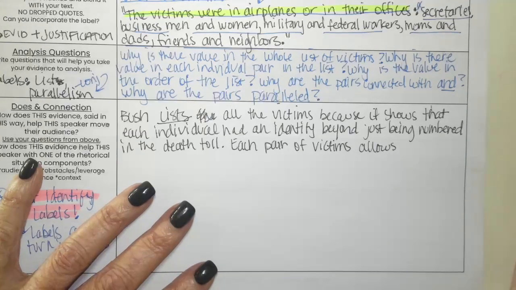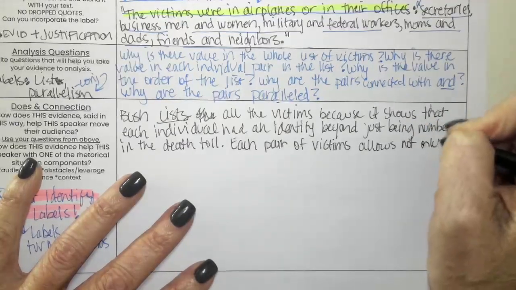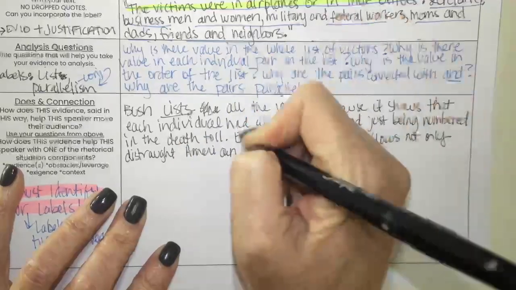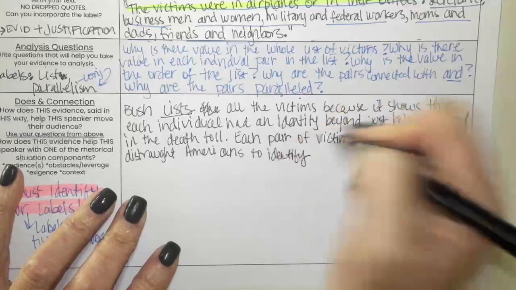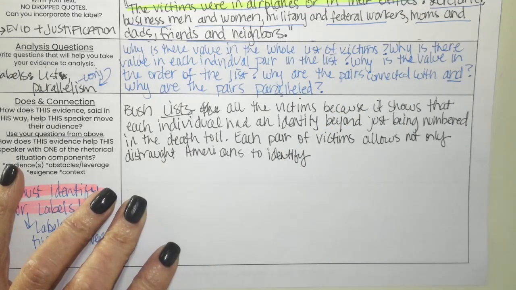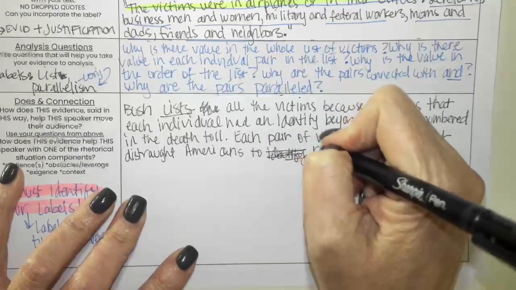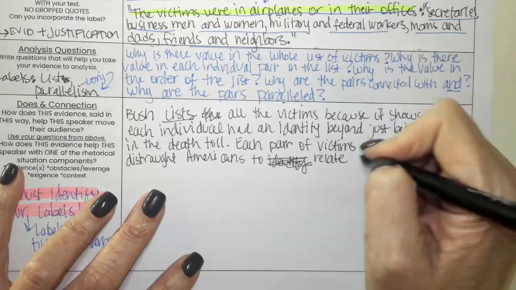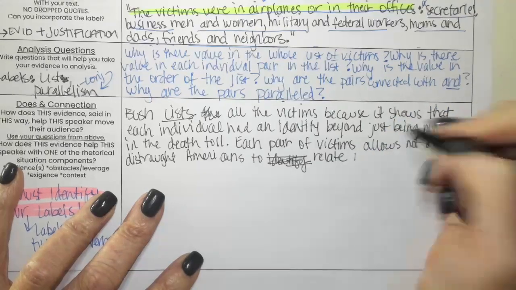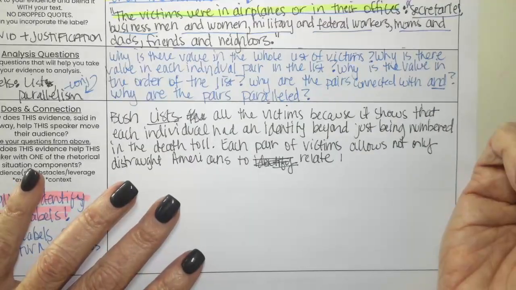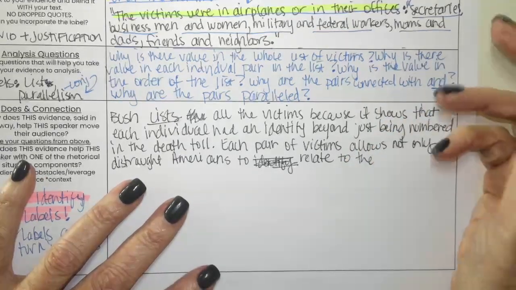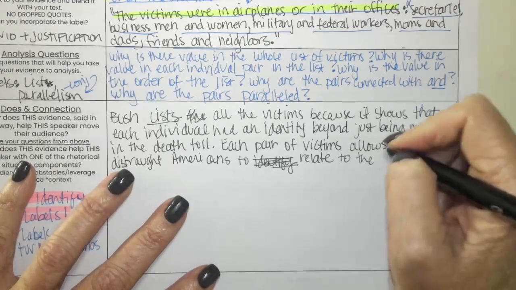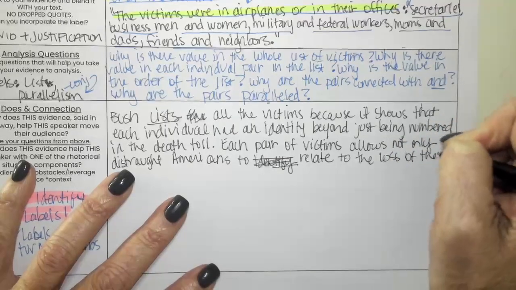Distraught Americans. Okay. Allows not only distraught Americans to identify. Ethan, what'd you say again? That they're relatable, right? So then let's say to relate. What are they relating to? Like the loss. Yeah, it goes further than just being somebody in the towers. Okay. Each pair of victims allows not only distraught Americans to relate to the loss of these individuals,